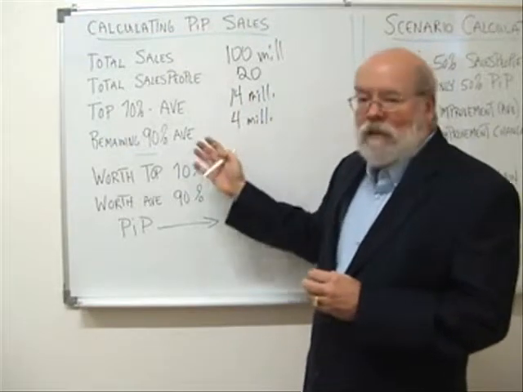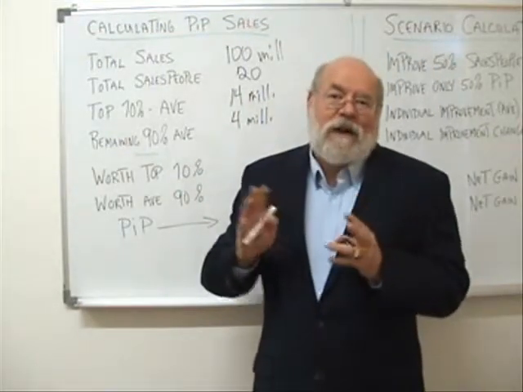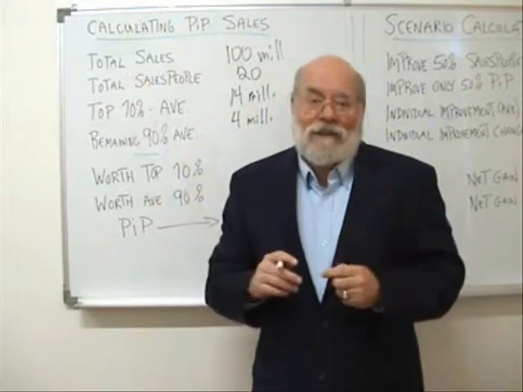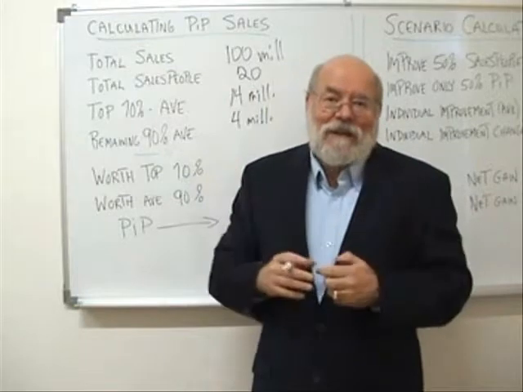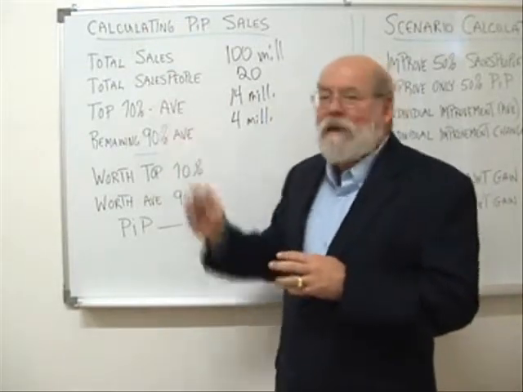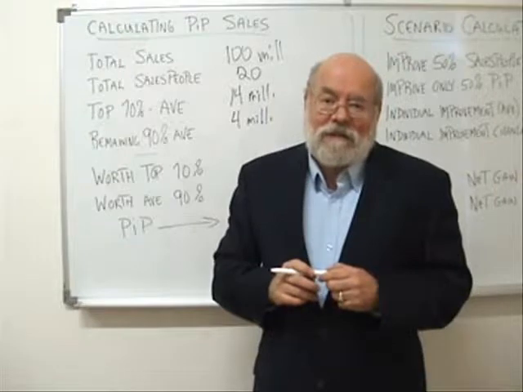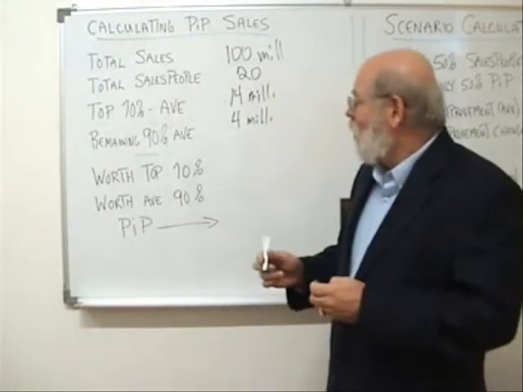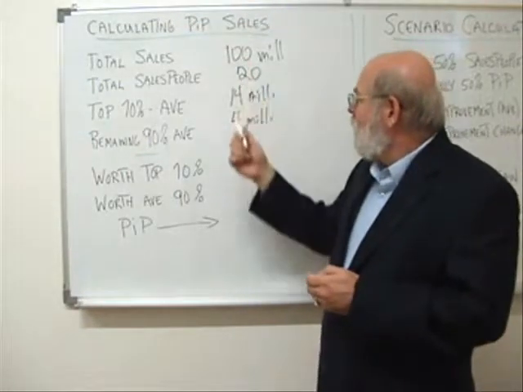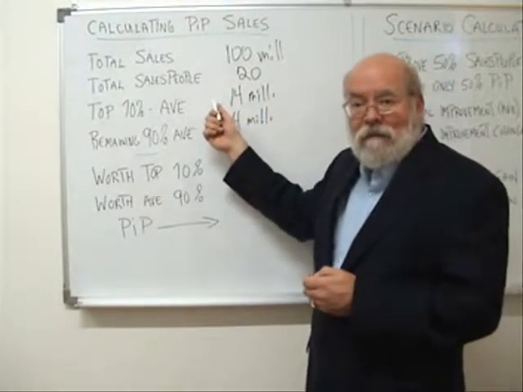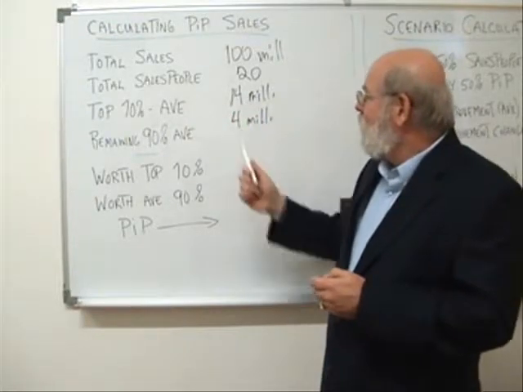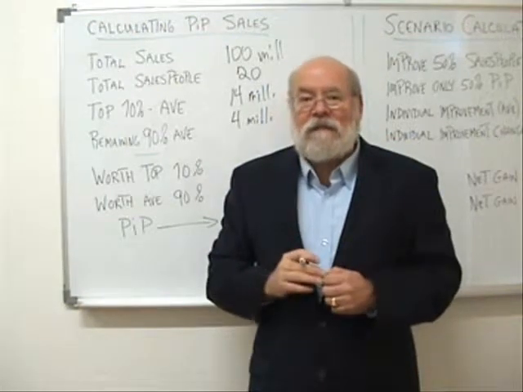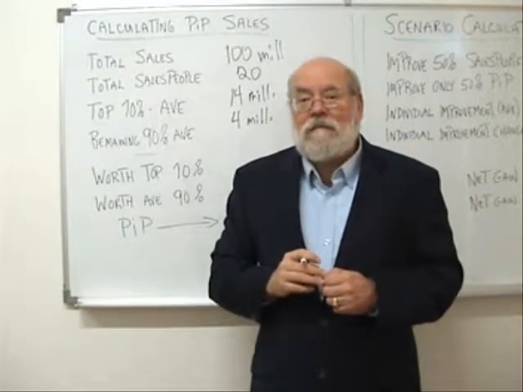Now we look at this and we're assuming that generally the conditions these people are operating in are similar. Not that somebody's got a fantastic territory that's allowing them to get all this extra sales. We're considering that we pick people who are generally with common conditions. The only difference seems to be their own ability as salespeople, what they're doing. So we have 100 million, 20, and then the average of the top 10% is 14 million, and the remaining 90% average about 4 million. So now let's stop for a second, take a look at those figures, in case you can't read these.